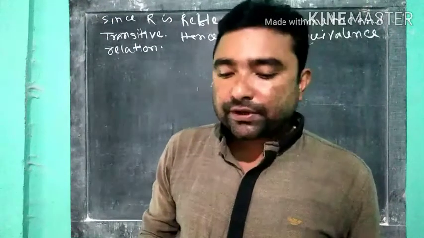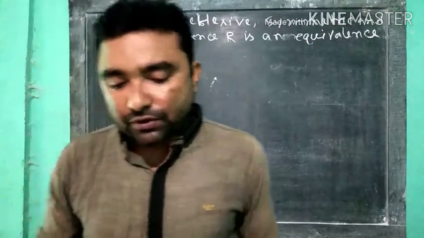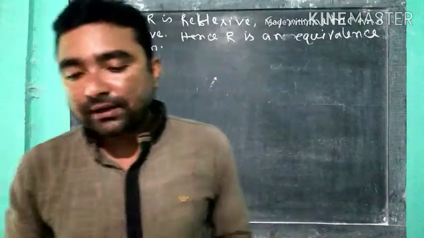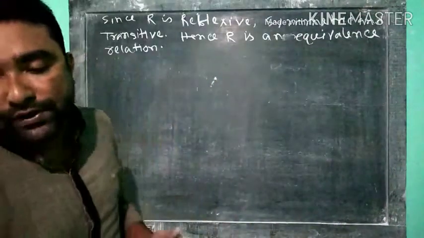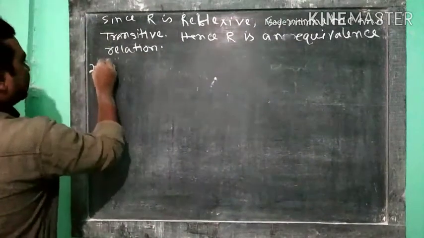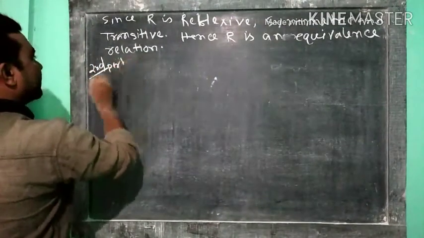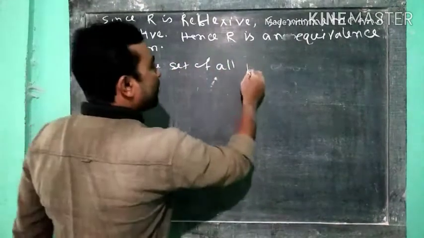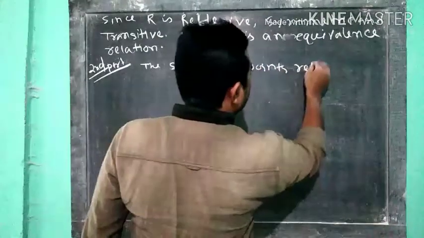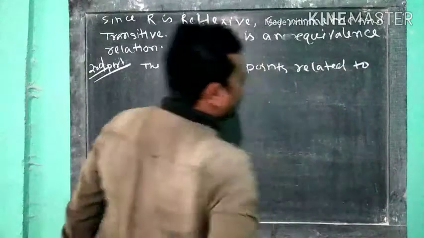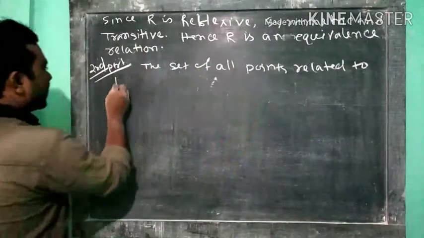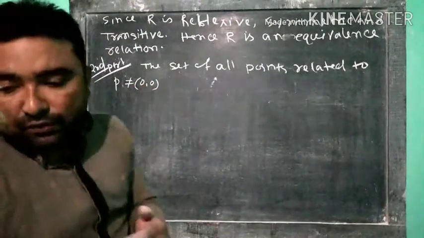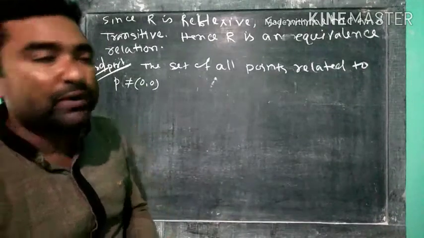So that the set of all points related to P not equal to 0, 0 is the circle passing through P with origin as the center. The second part. Okay, the set of all points related to P not equal to 0, 0 will be those points,